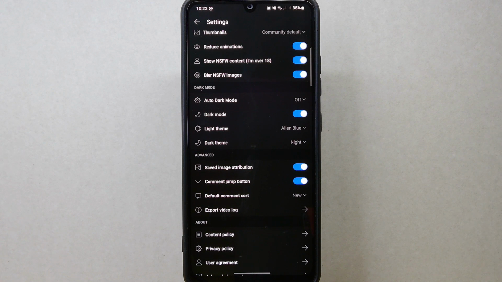There you go. If you wanted to know how to turn on dark mode on Reddit, that is the easiest